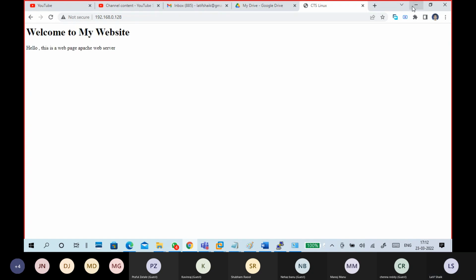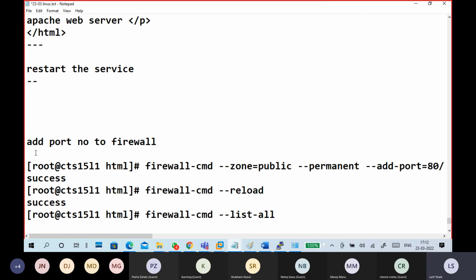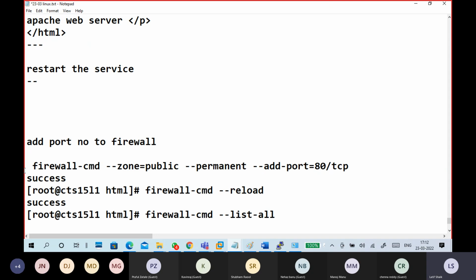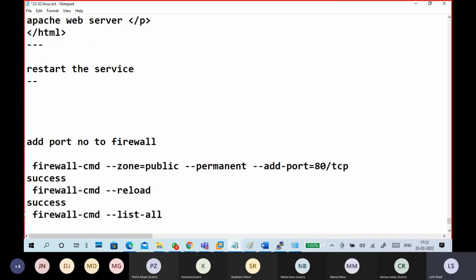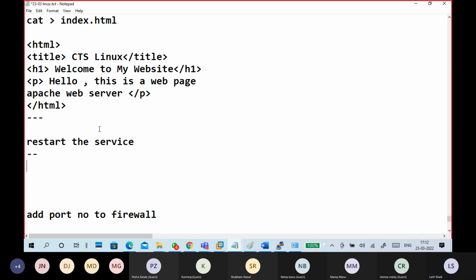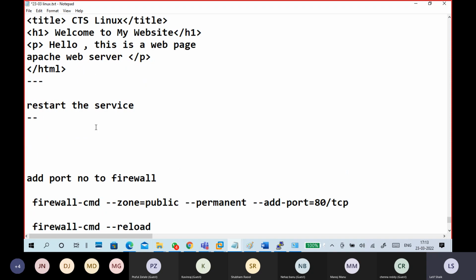So this is firewall again. SELinux, we don't need to do anything because we are already using the default location. It must be shown successfully. Add port number to the firewall. Restart the services and